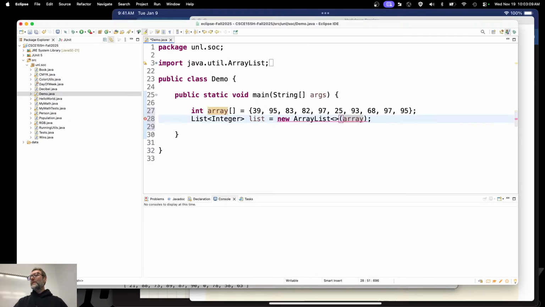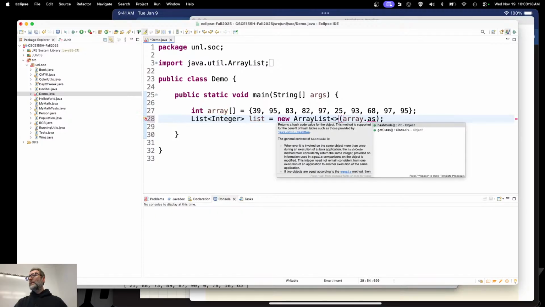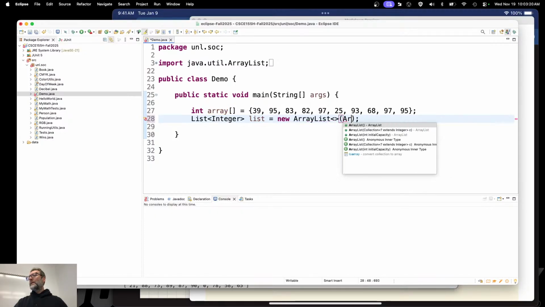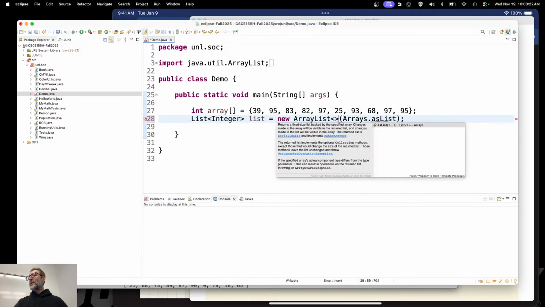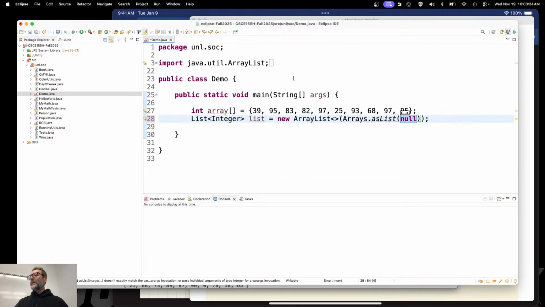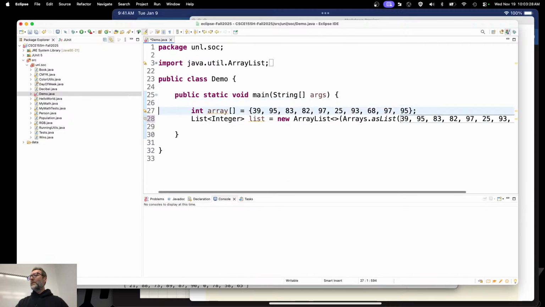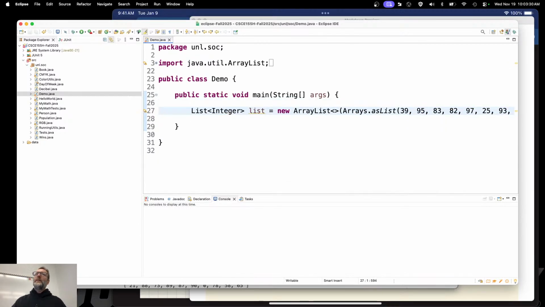I can't just do this. No, that would be too easy, of course. Right? As list. So array dot as list, is it? Nope. Arrays dot as list. There we go. All right, but it's a variadic function. It's not this. There we go. All right. So I had to do it like that.